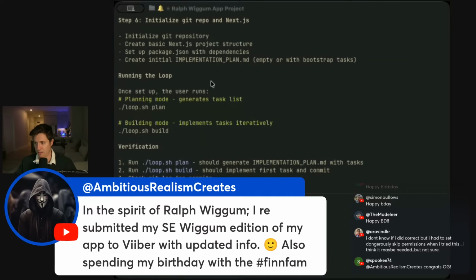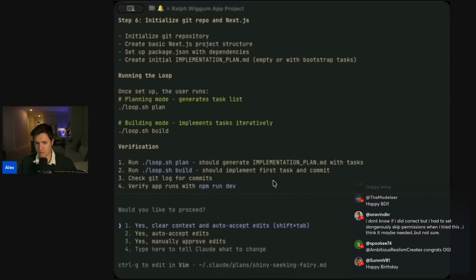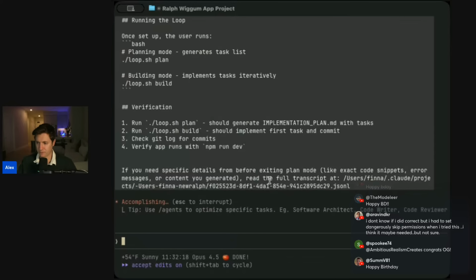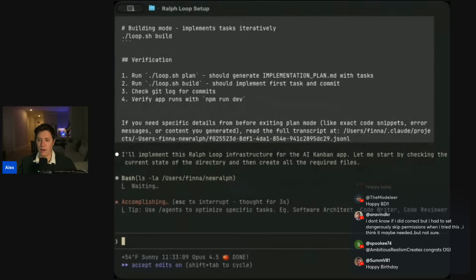Once set up, the user runs planning mode, generate task list, build verification. All right, here we go. I hope it works. While this is building out here,